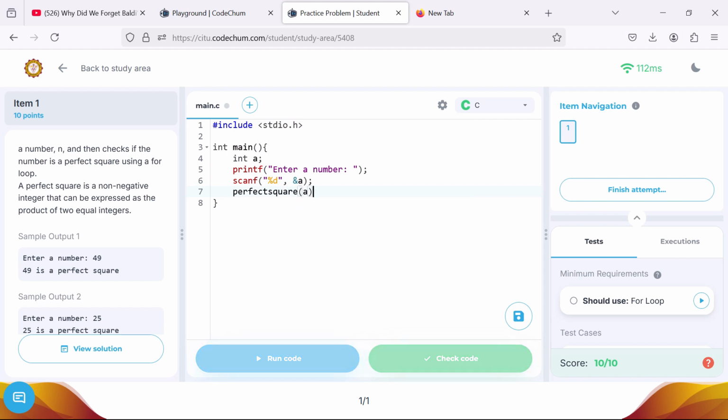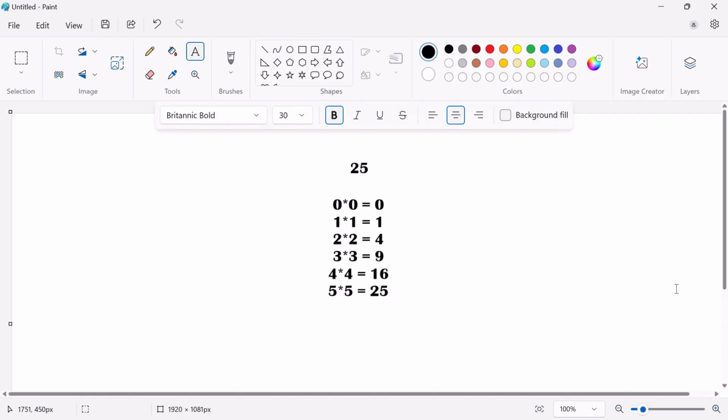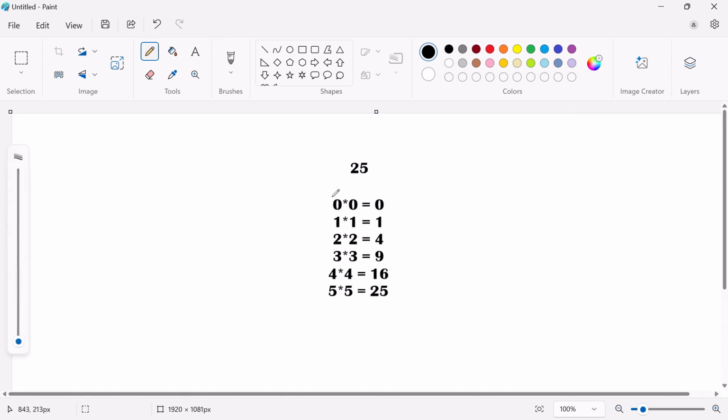Before we begin with the algorithm, let's first talk about our game plan. Let's consider checking whether or not the number 25 is a perfect square. Our game plan would be to get all perfect squares before 25 by iterating and multiplying the iteration by itself. If one of these squares is equal to the number, it means that the number is a perfect square. In this case, we see that there is a square that is equal to 25, therefore 25 is a perfect